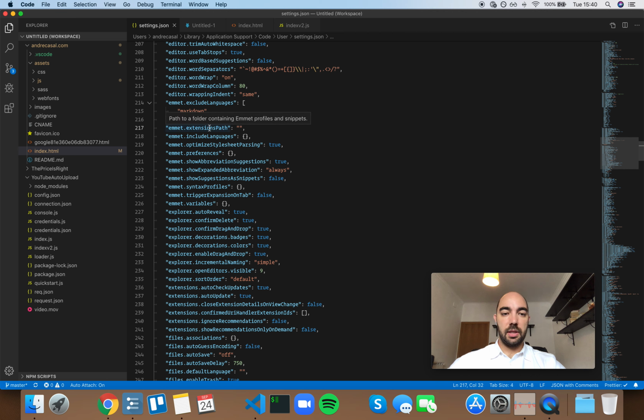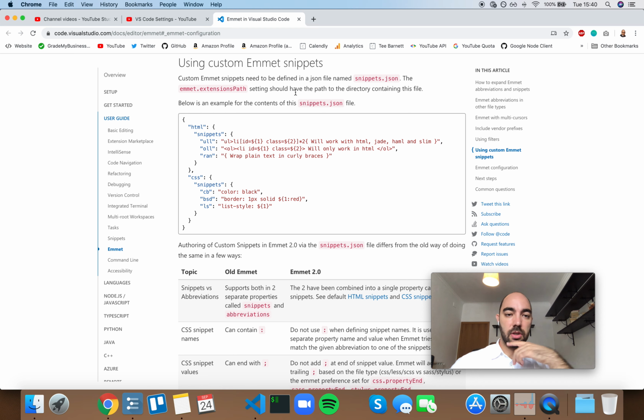Okay, so the Emmet extension path: a path to a folder containing Emmet profiles and snippets. So this is essentially a path to a folder, not a file, a folder that contains a snippets.json file where you include more snippets that you want Emmet to recognize. If you want to know how that works, you have a brief explanation of that here in this URL,